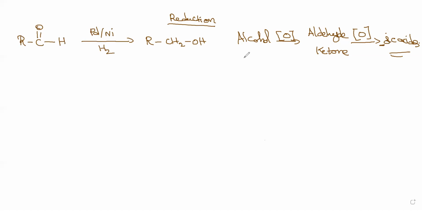So how does an alcohol look? The COH group will be there. The COH group will be converted to a keto group. This is how a keto group looks. And now the oic acid will look like this, COOH. This is how the entire chain goes, so this is how the reaction sequence will be. You have to remember this reaction sequence.